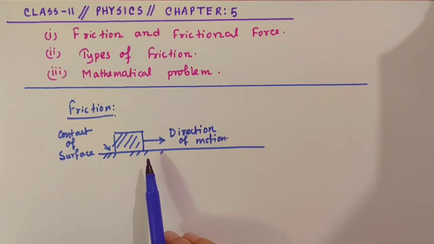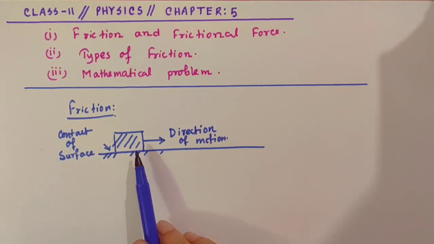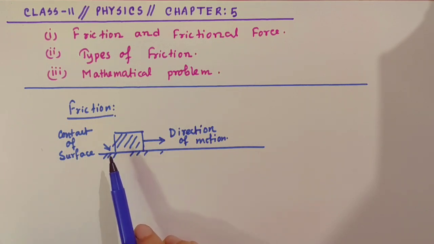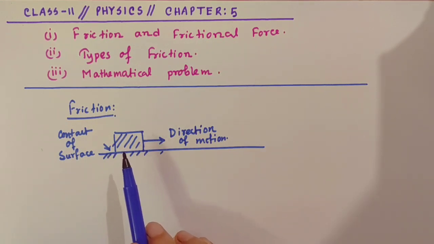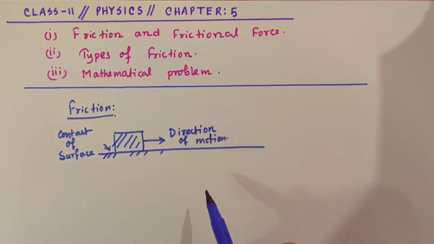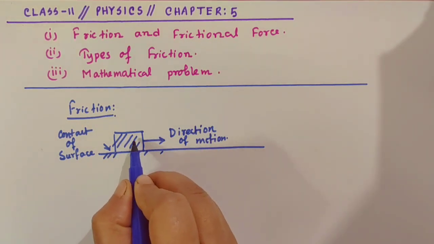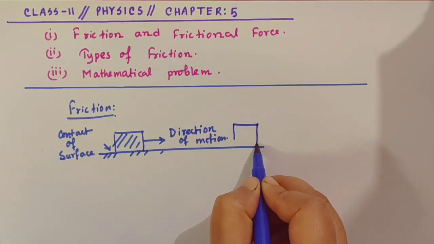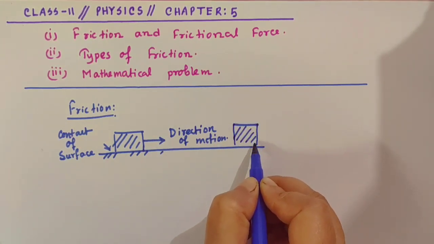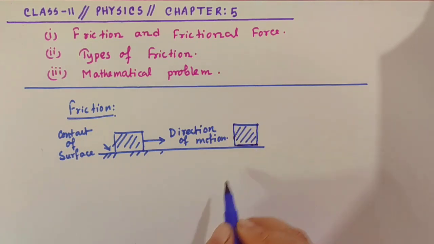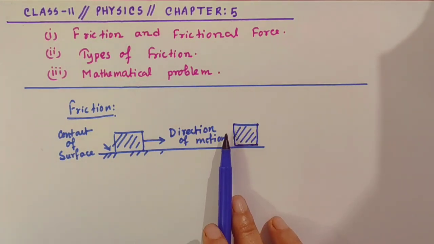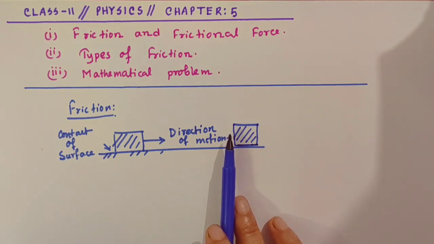Consider a wooden block placed on a horizontal surface and give it a gentle push. The block slides through a small distance and comes to rest. Suppose this block moves in this direction, then here it comes to rest, so no movement or no motion in this place. Then according to Newton's second law, a retarding force must be acting on the block. The retarding force or opposing force is called friction or frictional force. Clear?